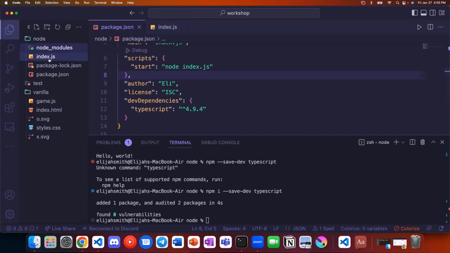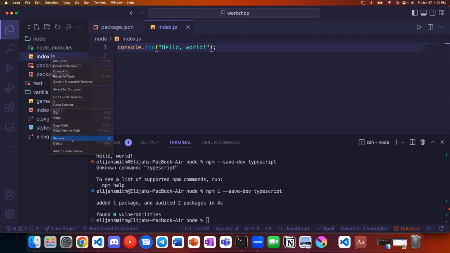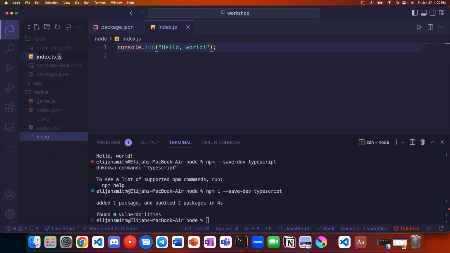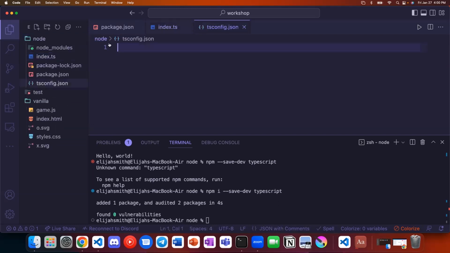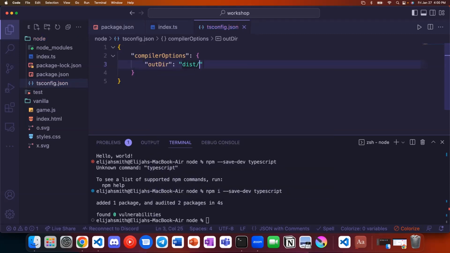But now if I change this index.js to be index.ts, and let's create a tsconfig.json compiler. I'm going to speed through this. Out directory dist.